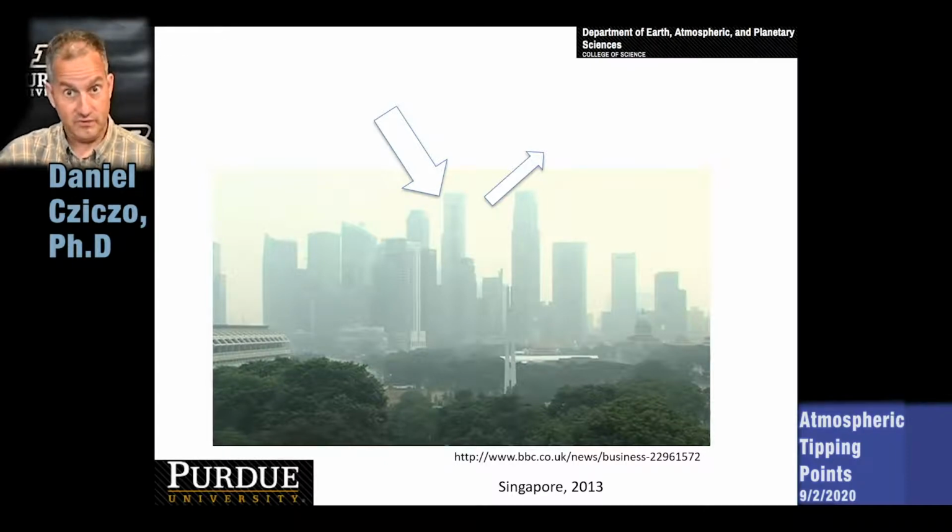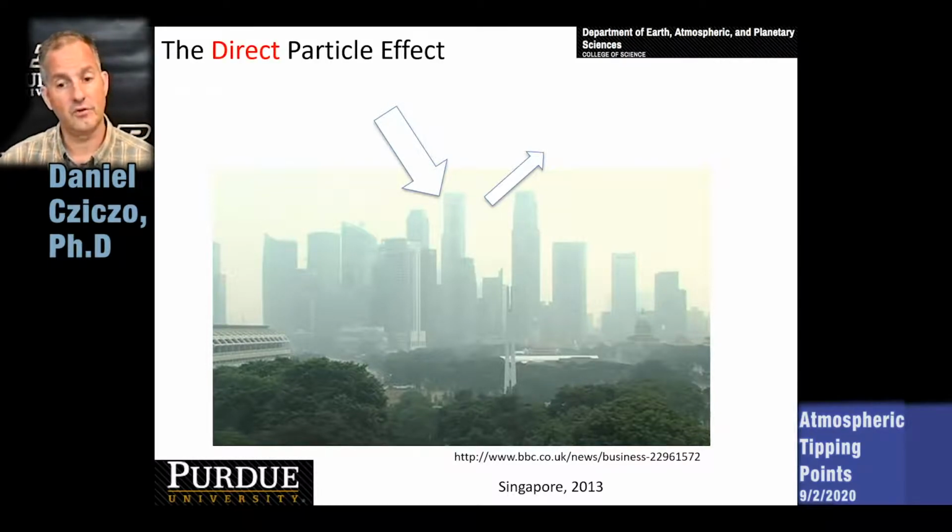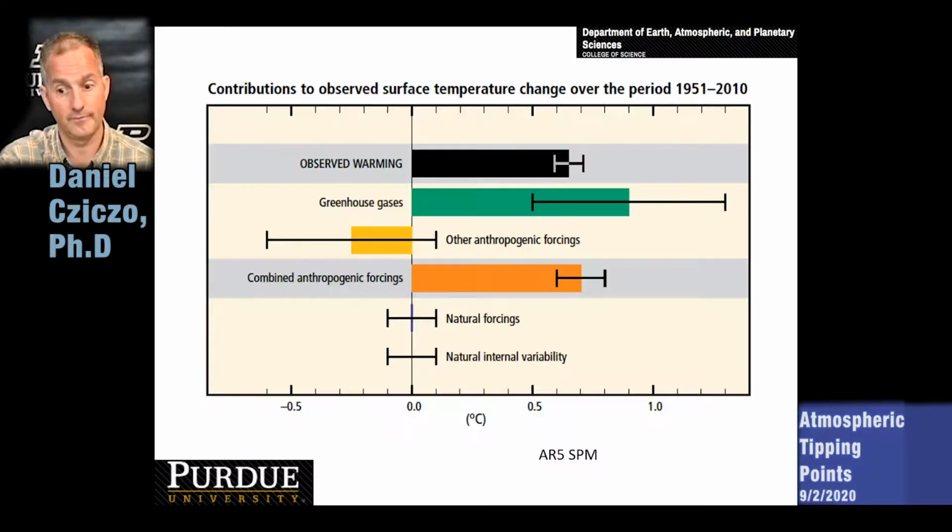So let me repeat this. This is energy from the sun that would otherwise strike the surface of the planet and warm it up, that's being reflected back into space because of human activities. So again, a cooling effect that's counteracting, but not balancing out, some of the global warming due to the greenhouse gases. This is often called the direct effect of particles. There's also an indirect effect of particles: these same particles can act as the seeds on which water droplets or ice crystals form clouds. So there's an indirect effect of particles forming more of those very bright white clouds that we saw in that Apollo image earlier. Again, offsetting some amount of greenhouse gas warming.